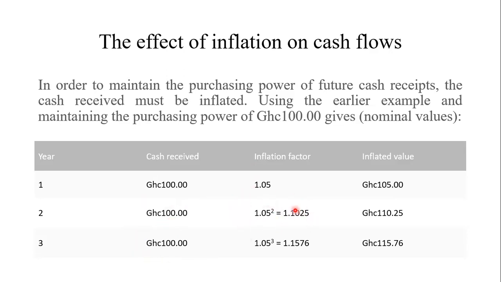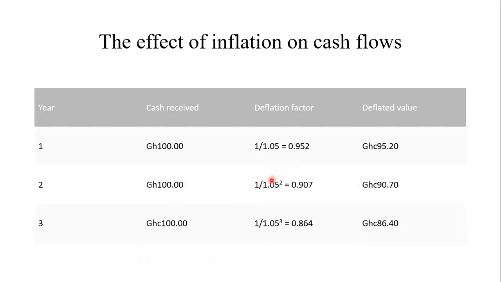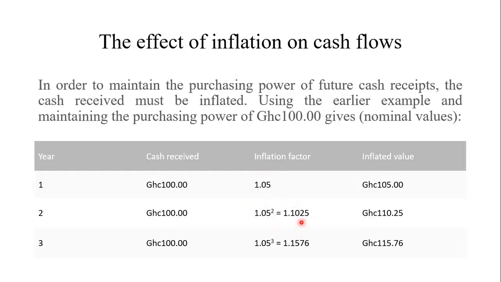So in this case, year 2 is going to be 1 plus r to the power n. This is just the inverse of the other one. Here it is 1 plus r to the power n, where n is the number of years. Over here, the reverse is 1 over 1 plus r to the power n. Once we do that, we get a factor. We multiply by the cash to be received in 2 years' time, and that will bring us to 110.25. So this is how much would be received in 2 years' time. We apply the same for year 3 cash flows, and we get